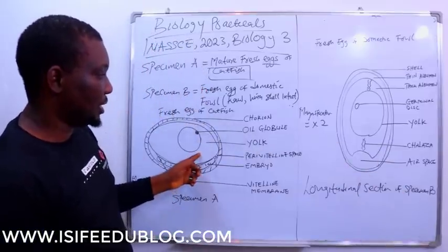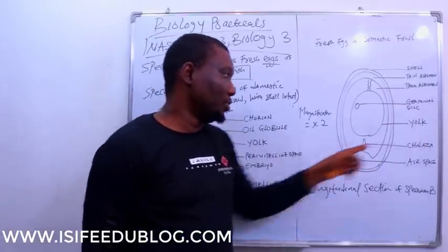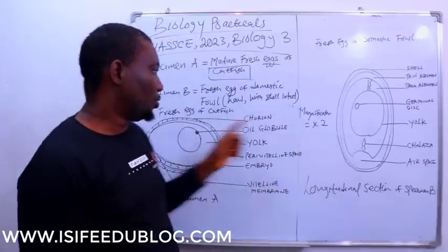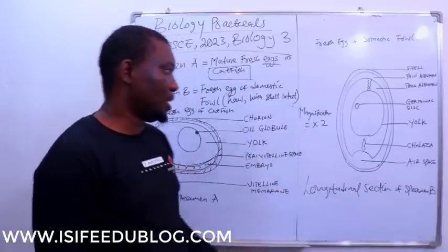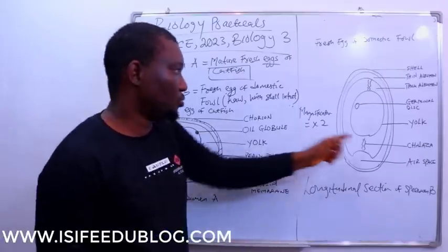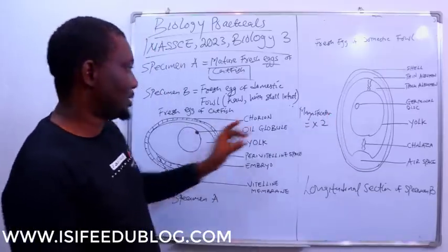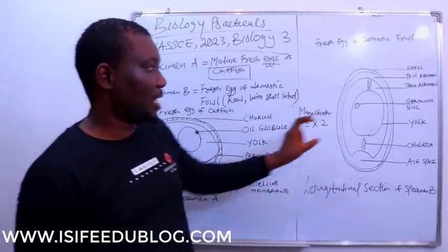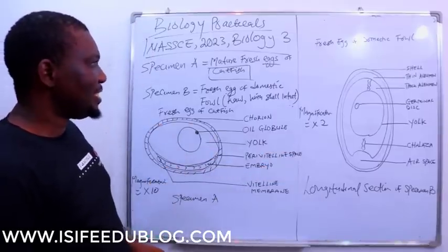There is no chalaza here, there is no egg space here, but both have the vitelline membrane or yolk. These are structural similarities between these two organisms. In terms of size, this has a large size, this has a small size. Then, in terms of